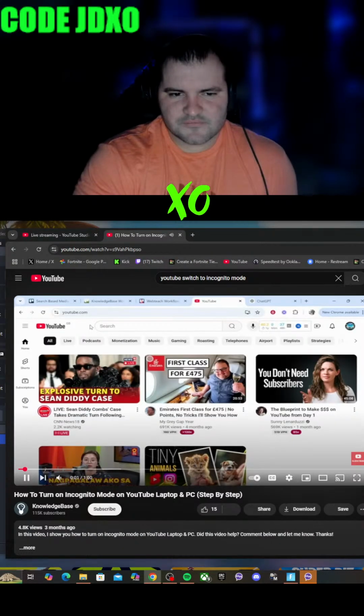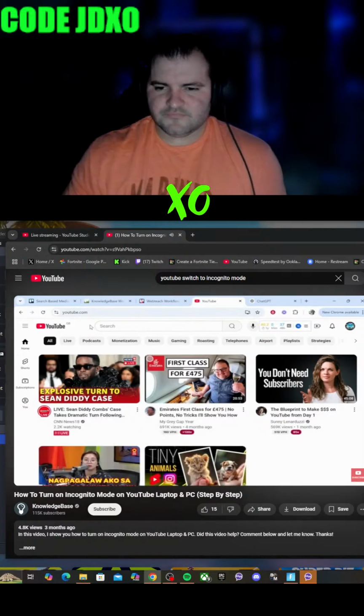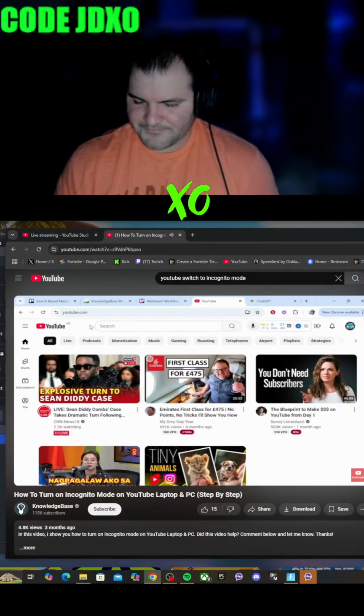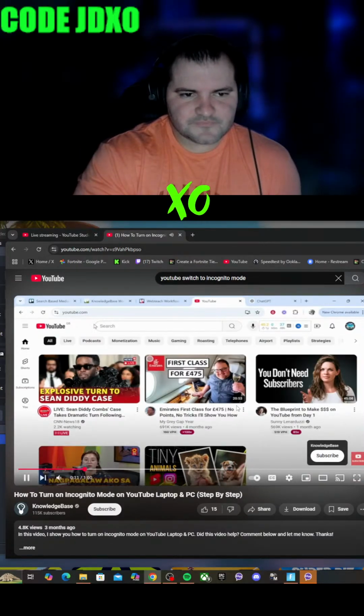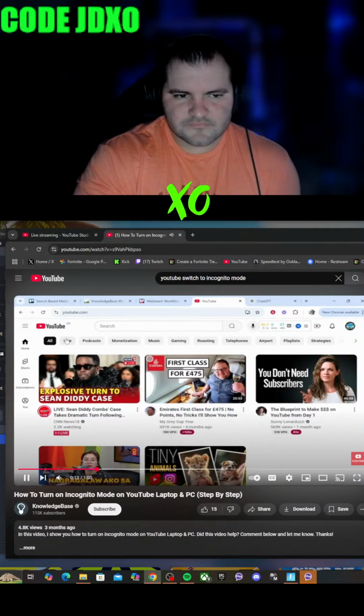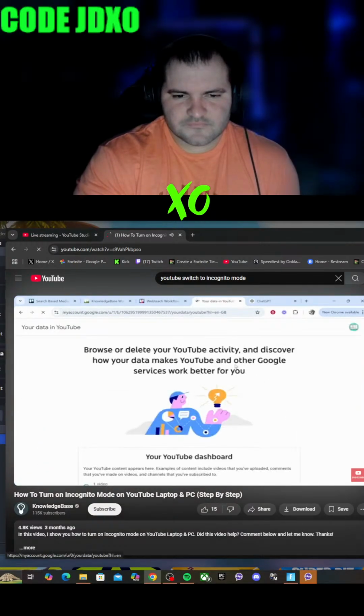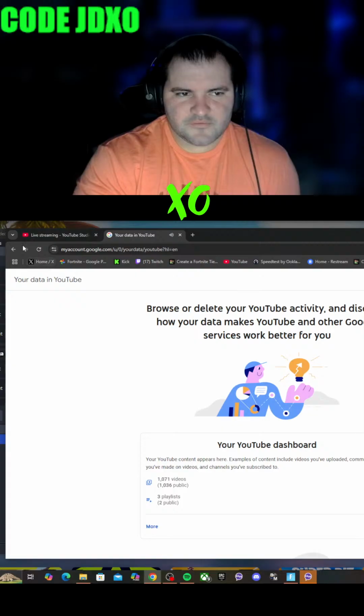In this video, I'm going to show you how you can turn on incognito mode essentially on YouTube, on PC or laptop. So on mobile, it's very easy. You can see the button. On YouTube on the PC it is a bit more complicated because there isn't an actual button, but it is easily done. So if you go to your channel icon in the top right hand corner, you won't see an incognito button, but what you can do is go to your data in YouTube and click on